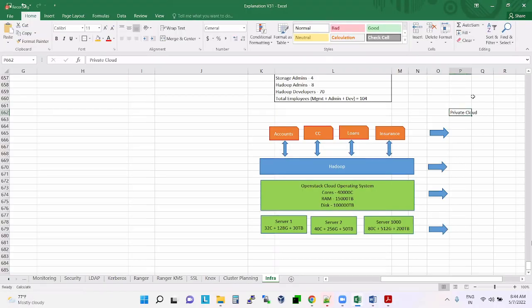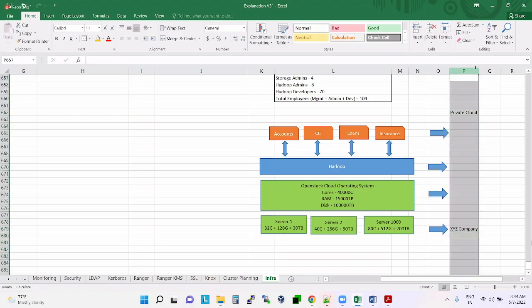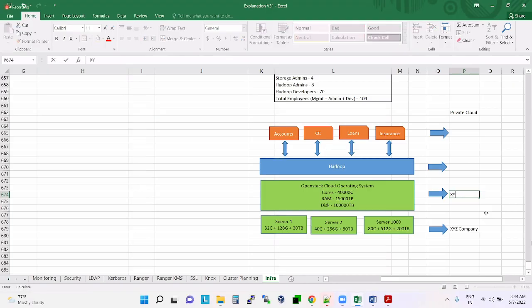XYZ company servers. Yes or no? XYZ manages this. Again, this is also XYZ company.